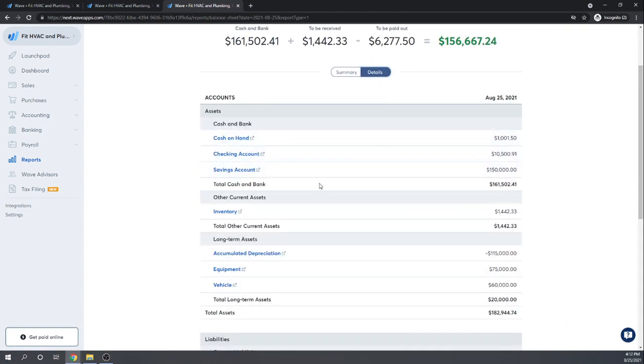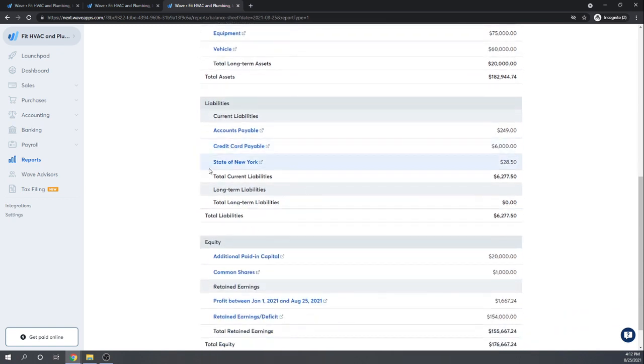Let's look at the detail. Let's look down here in our current liability, State of New York, 2850. So that's correct. Now we just got to figure out how in the world do we pay that amount. So I don't see any system here set up to help us pay these